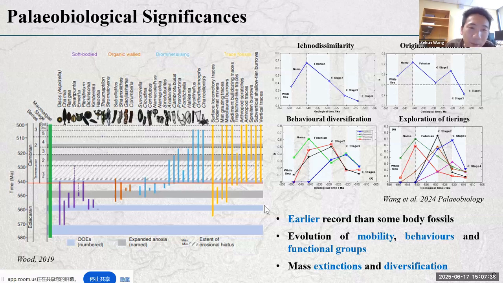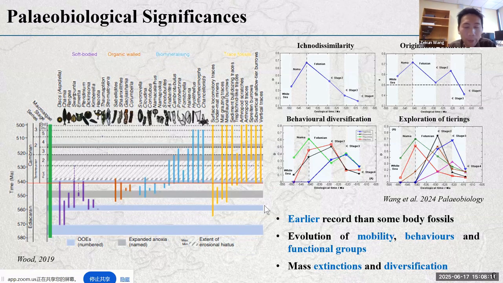I mean, the trace fossils of the marine invertebrates, not the dinosaur footprints, but they are also important. These invertebrate trace fossils are very important because they fill in the gap in some geological periods where the body fossil record is patchy and incomplete, especially during the Ediacaran and Cambrian transition, during which the body fossil record is really patchy. But the trace fossil record is very abundant with high diversity, so it's quite important to study the earliest animal